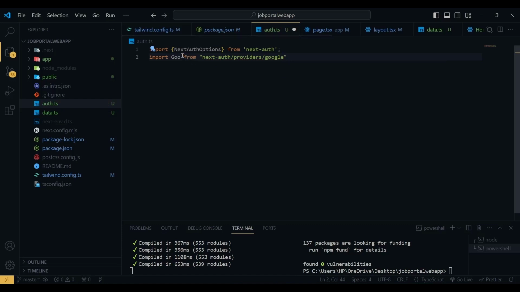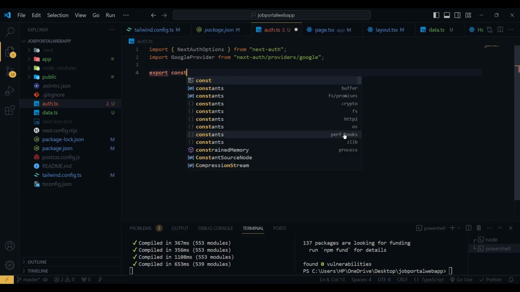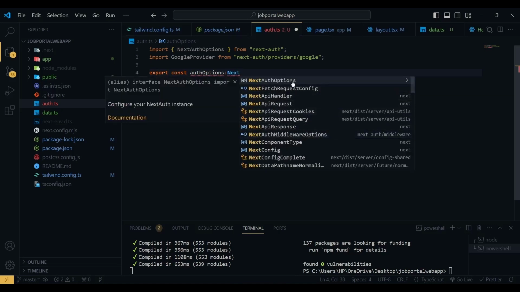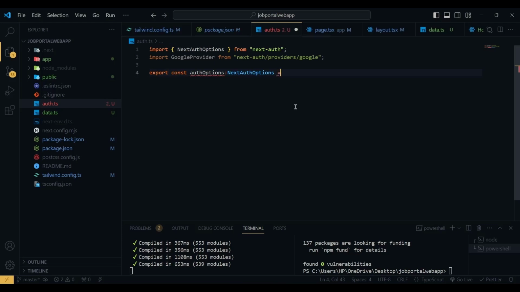So we are going to import the Google provider. After importing the Google provider, we have export const authOptions, and it is of type NextAuthOptions, and it is equal to